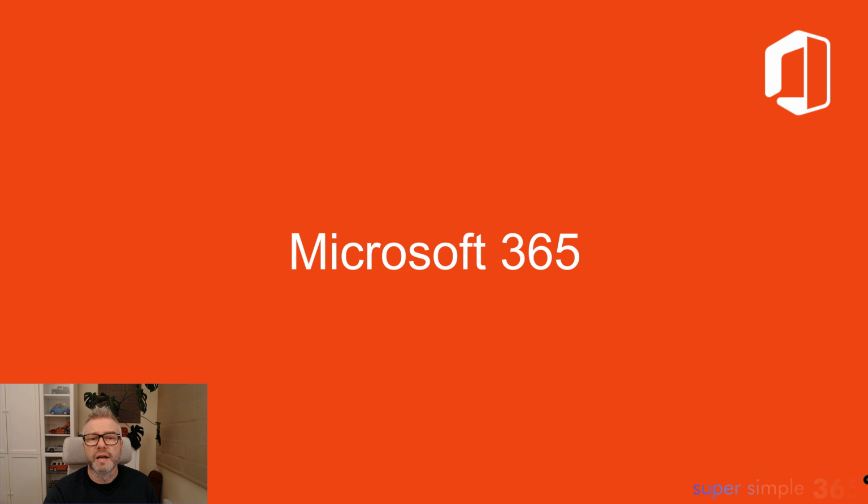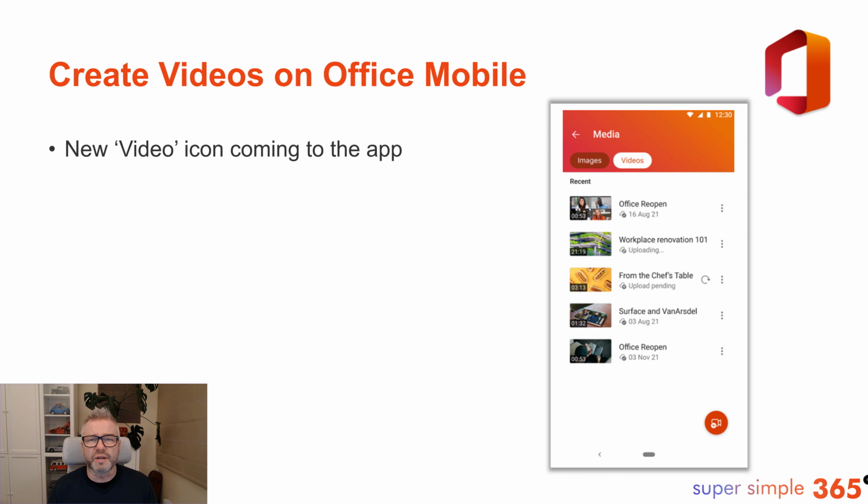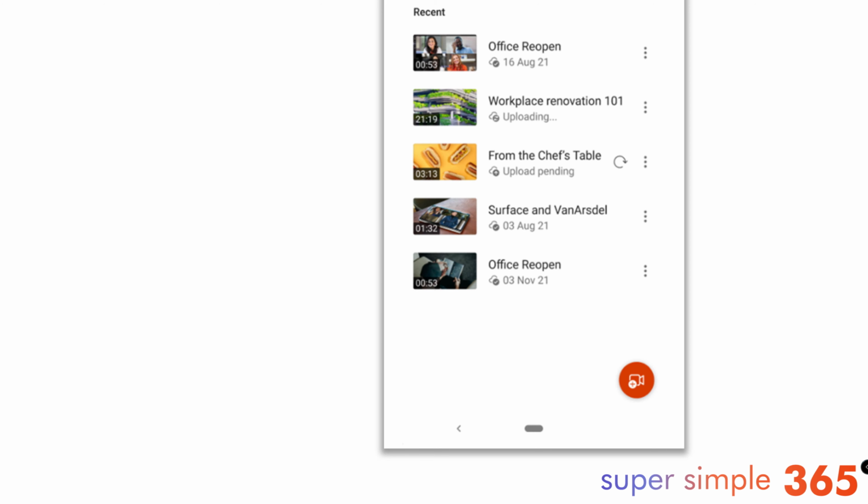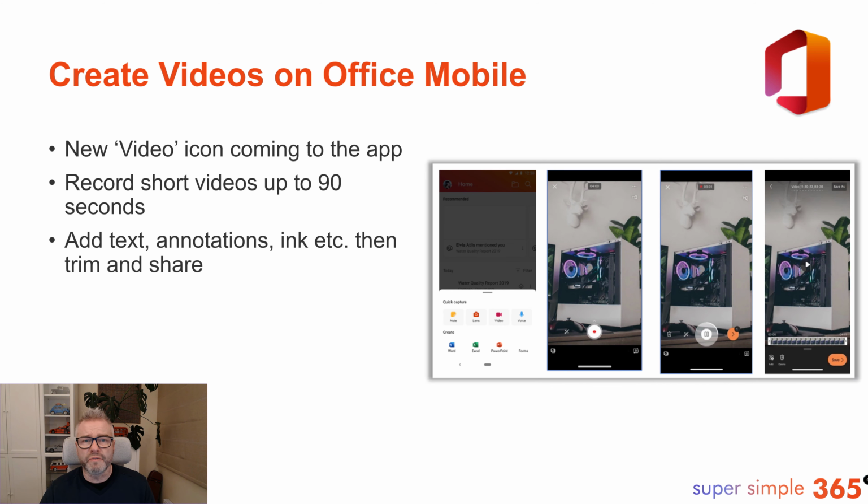So what have we got here across Microsoft 365? I just use this for a bit of a catch-all. So a new video icon coming to the Office app on mobile. So you know that they've been developing the feature set for Office on mobile for some time, and the ability to look at video is the latest one. Now you're going to get the ability to create video as well. You see this new icon, this new video icon that is coming. It allows you to record 90 seconds worth of video,